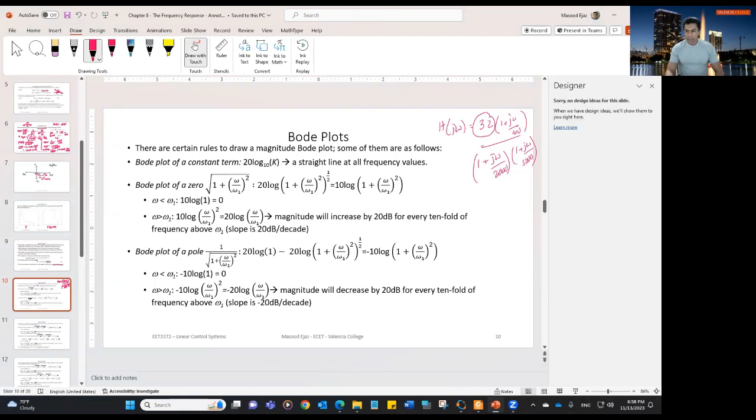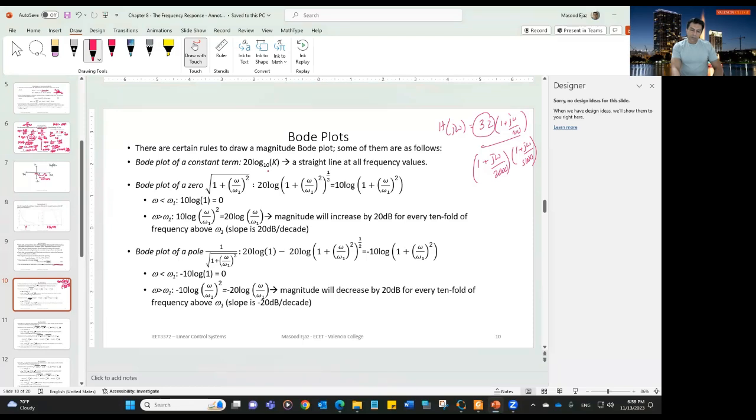Now, I'm showing you only a single order zero and single order pole. It's not any power except one. But you can have more powers. You can have double order of any pole or any zero. And you can also have second order, so square terms, s squared plus 2 zeta omega n s plus omega n squared, like we discussed. That we're not going to discuss today, perhaps next week. It's the Bode plot of a second order system. So today what we are discussing is, if you have a constant term, then when you calculate